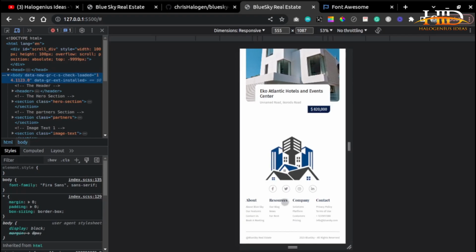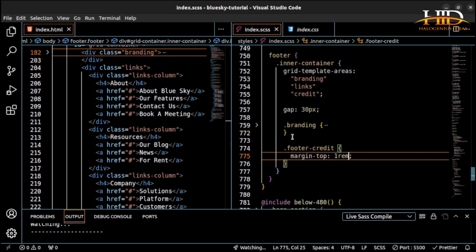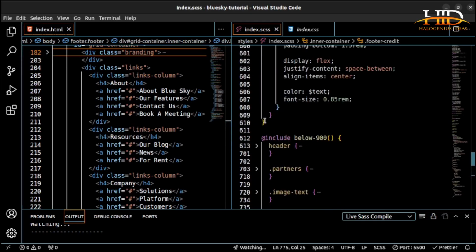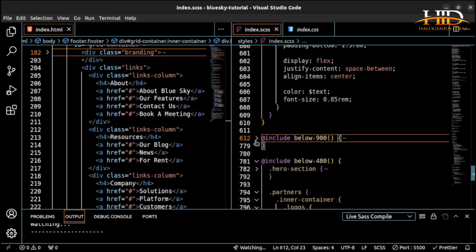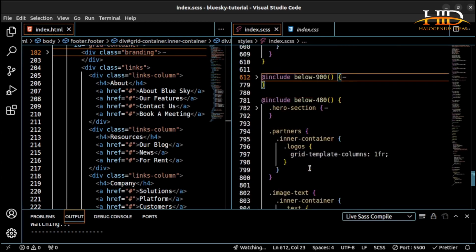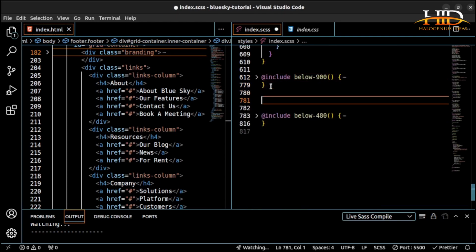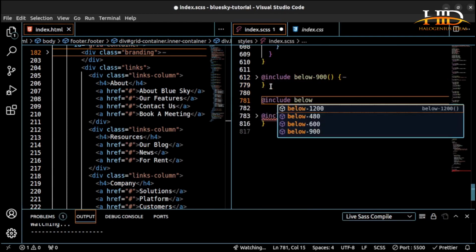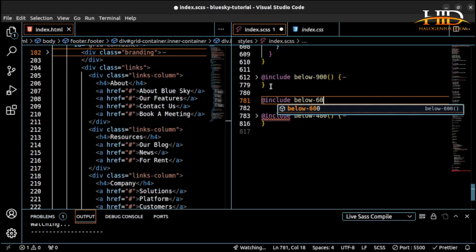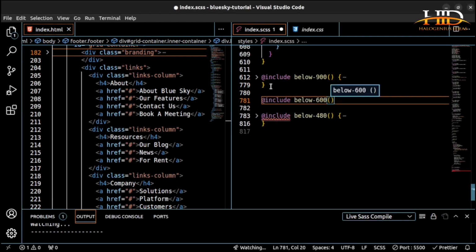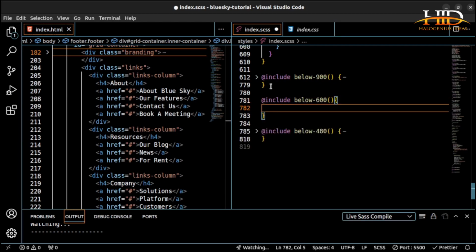So I want to give it a 2 column layout instead of the 4 column layout that it is now. So on a 600 pixel screen,